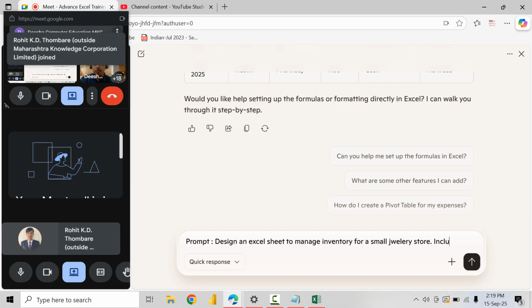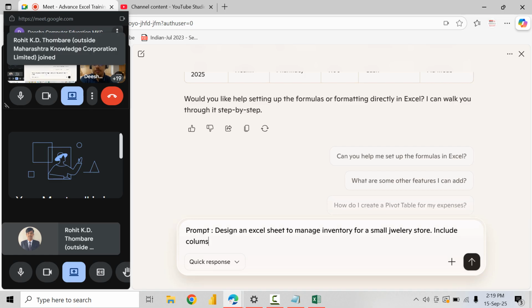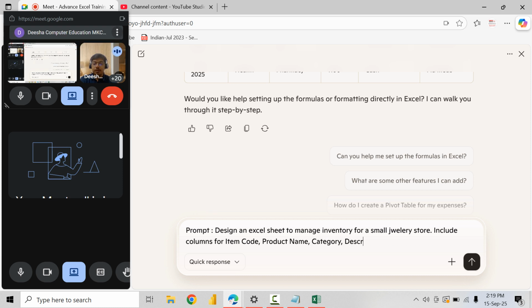Include columns for item code, product name, category, description, quantities in stock, reorder level, supplier,